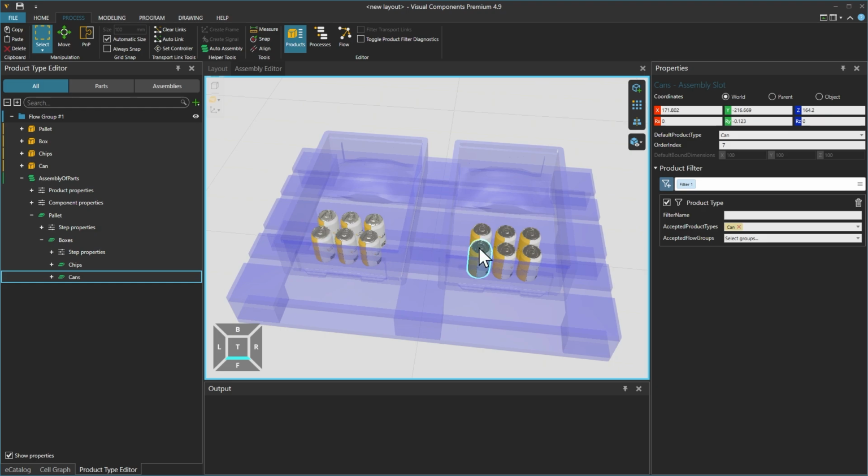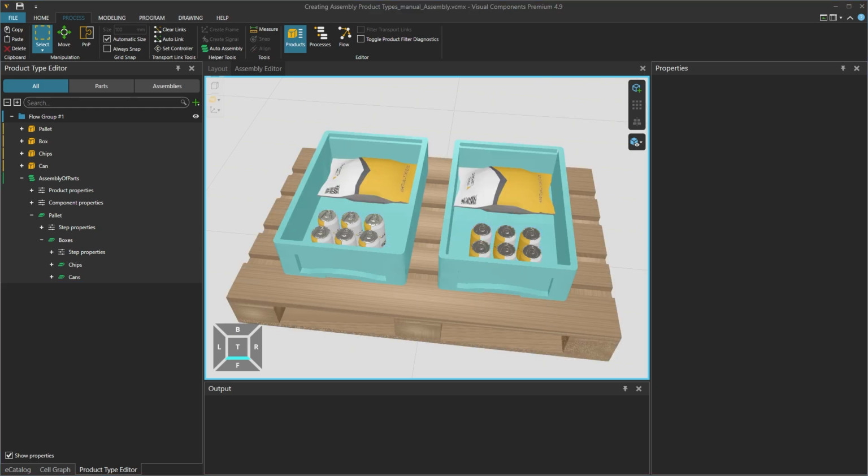And if we want to assemble all these products, then we could give them all an order index of 7. Then based on their availability, they could all be imported at the same time. So this was the manual way of creating an assembly product type. But there is also an automatic way to do it, which is much simpler, using the AutoAssembly add-on, which we will utilize later. So we will close the assembly editor using the Close button in the upper right corner of